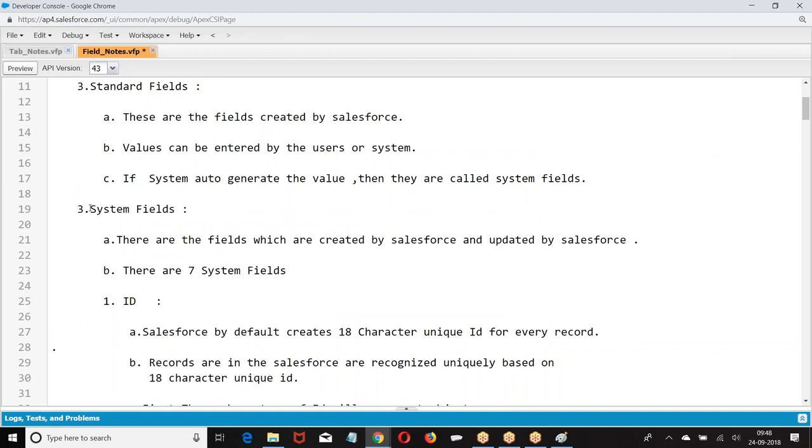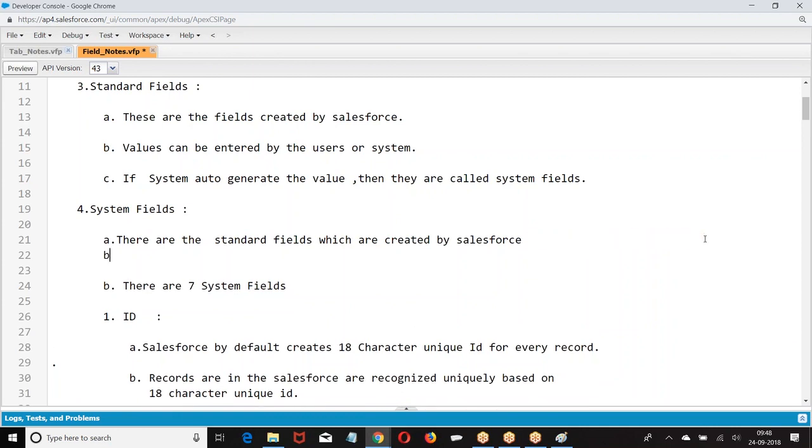What are the system fields? These are the standard fields which are created by Salesforce and updated by the system.